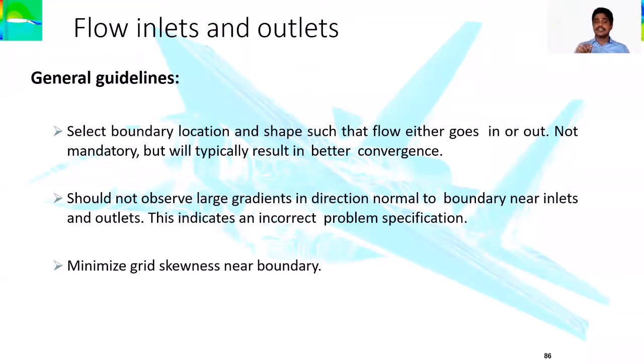Right, so in that case, we will say grid skewness should be less than 1. That is the value which is going for the surface, and it should be a close match. So that we will call a grid skewness.